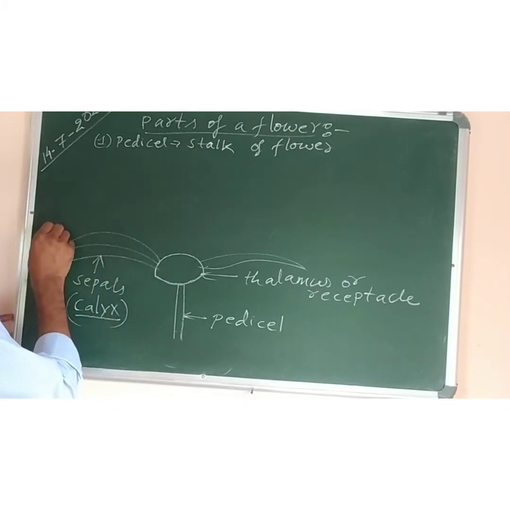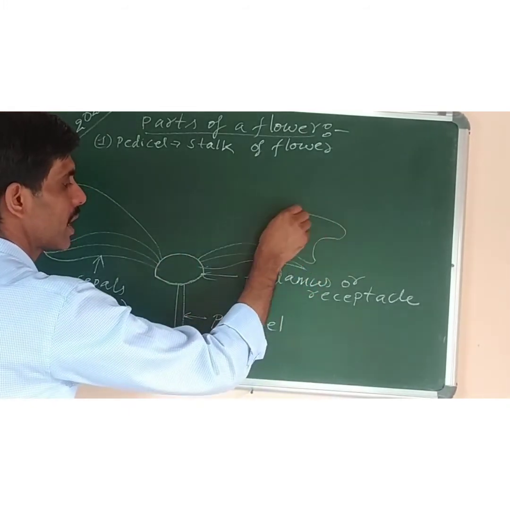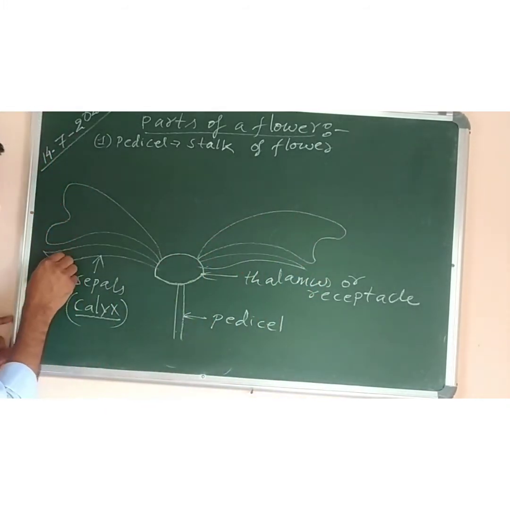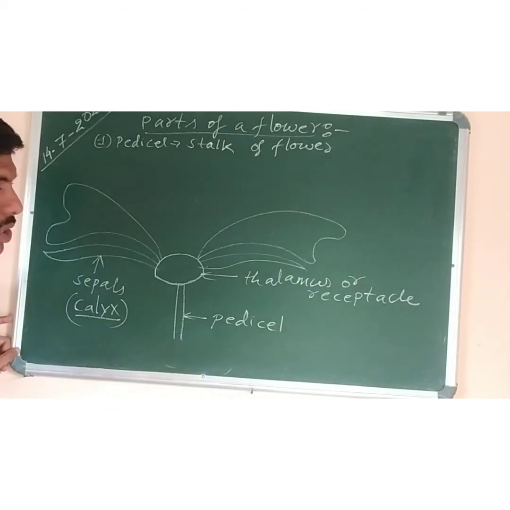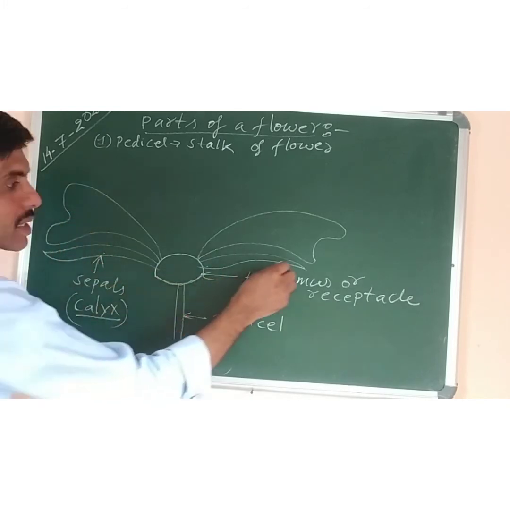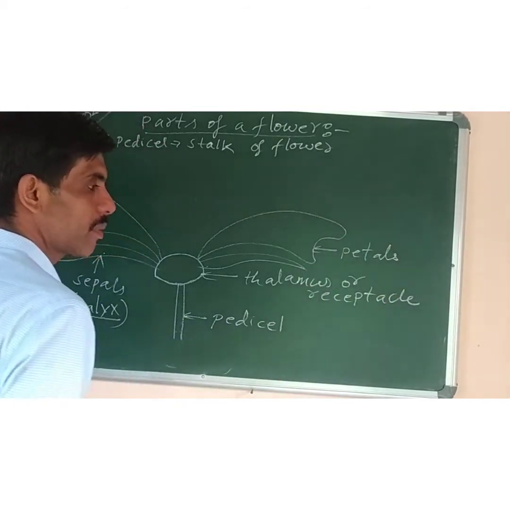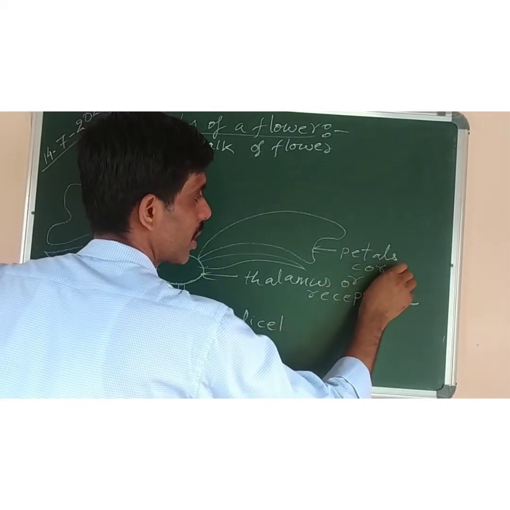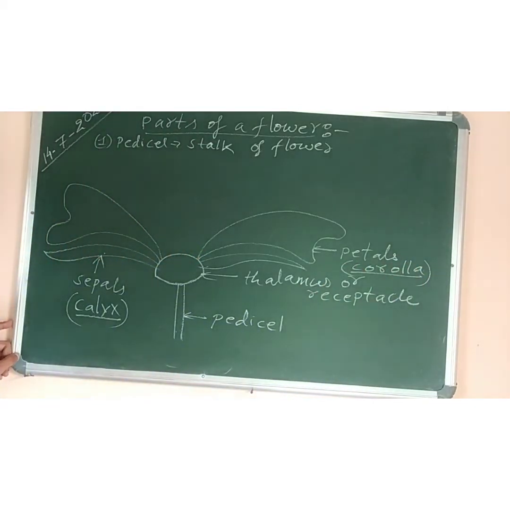Then we have the colorful leaf-like structures which are known as petals. So this is the second wall or layer of the flower. Since sepals are the outermost layer, they are green in color. They give protection to the inner walls of the flower, and they also perform photosynthesis. The second one, petals, is colorful, so it helps to attract insects for pollination. The collective name of all the petals is corolla. Okay? So what is the function of petals or corolla? To attract insects for pollination.